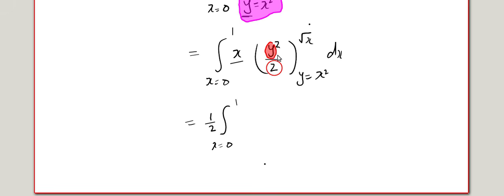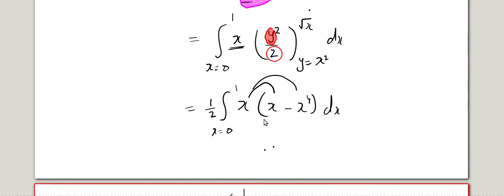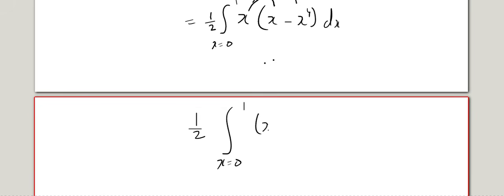Now what we do is like a regular integral, we put upper limit for y and lower limit for y, and there is an x here, you can keep that x here, and when I plug in the upper limit I get root x the whole square, and when I plug in the lower limit I get x square the whole square, that is x to the power 4. Now you distribute this x. Now this is just a single integral, a regular integral which you learned in your younger classes. So we get 1 by 2 integral x equal to 0 to 1. This x goes inside, so we get x square minus x power 5 dx,